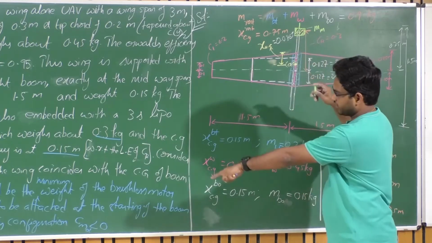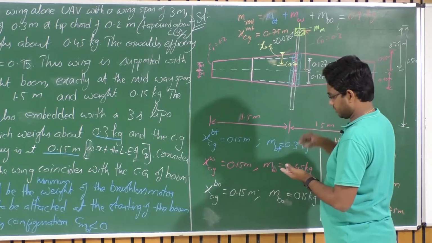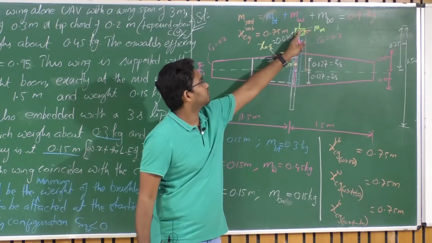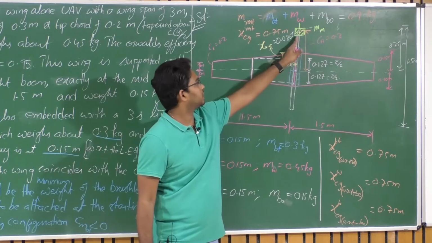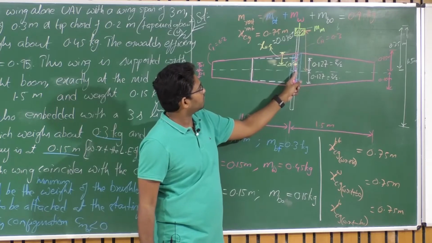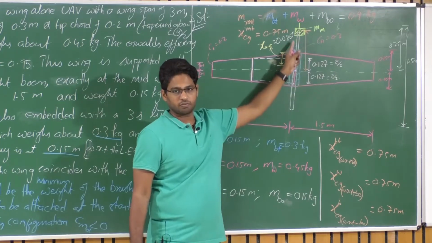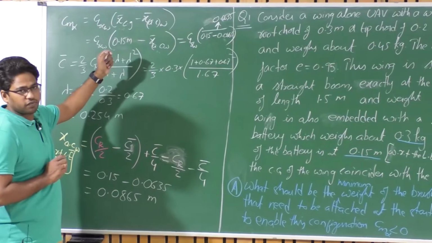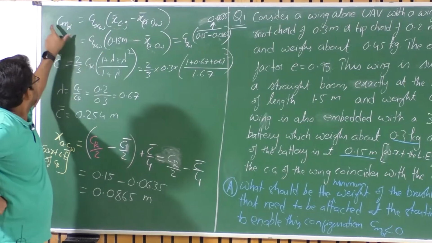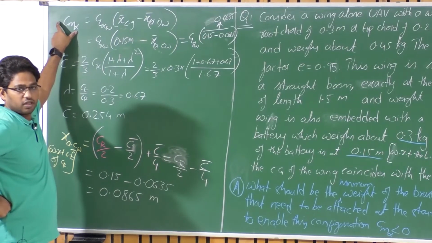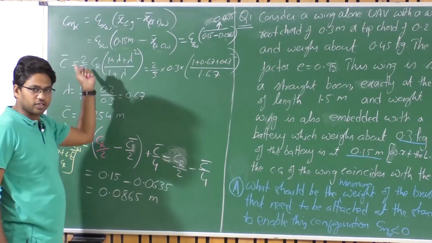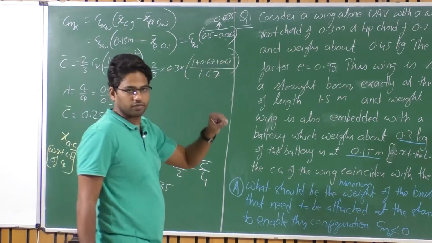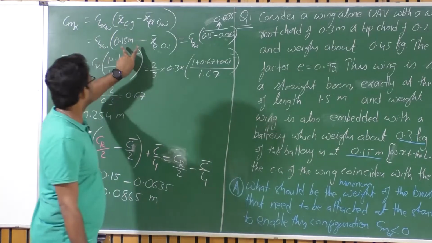So at least CM alpha has to be less than 0. Now I need to talk about everything with respect to the leading edge of the boom, because the motor is attached at the boom. So I will talk about the CG location with respect to the leading edge of the boom. What is the boundary condition when CM alpha is 0? Right now it is positive. If it has to go negative, there should be a point where CM alpha is 0. There should be a CG location where CM alpha is 0. So what should be that location?